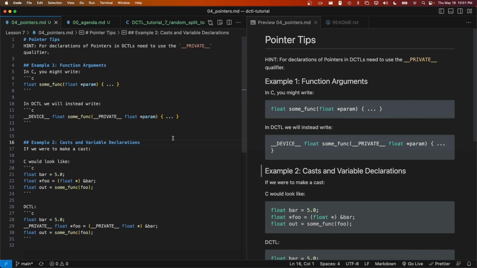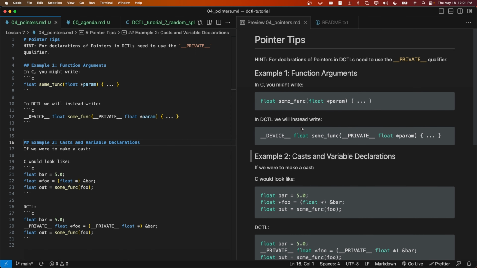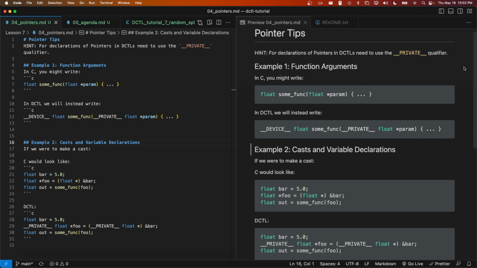For those of you who have some familiarity with pointers and programming in C, I do have to highlight that there is a difference between how you write code with pointers in C and how you write it in DCTLs. In order to make your code compatible with both CUDA and Metal, being Windows like NVIDIA and Mac OS, the engineers at Blackmagic Design require that pointers are prefaced with this qualifier called private with 2 underscores on each side. So in C, you could see that if you were to define some function with an argument, and that argument,